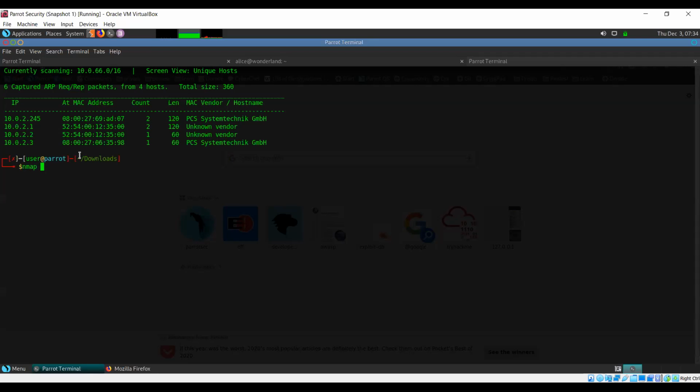Okay, so now I'm going to do an Nmap scan. Let's try operating system detection as well, for both these IPs, 10.0.2.3 as well as 10.0.2.245. I can just separate them with a comma, and I'll need sudo for this.